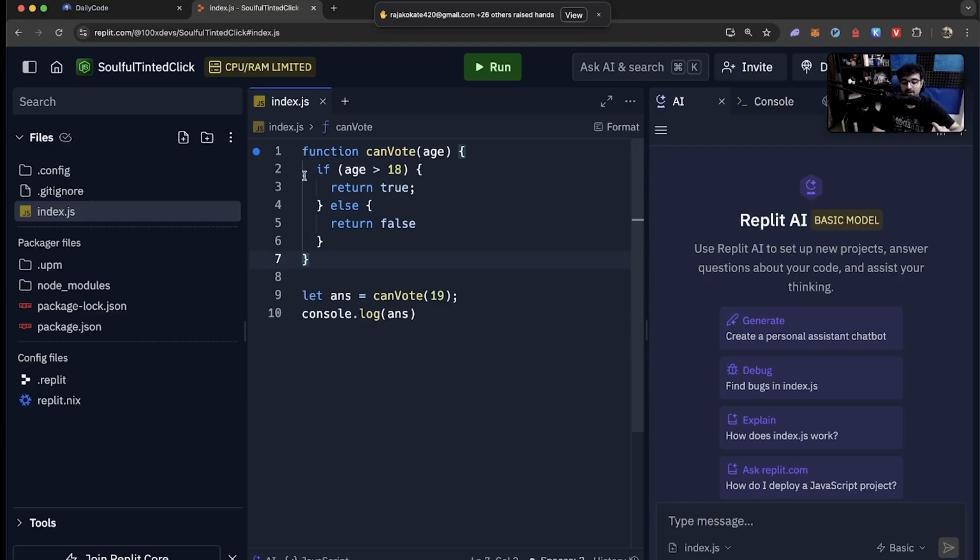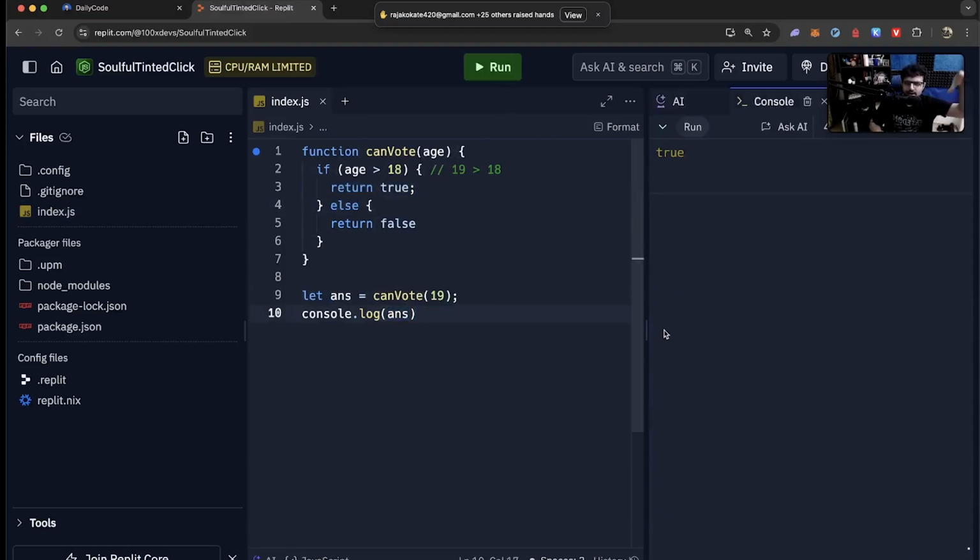It will not run it. It will come over here. Then it will directly come over here. It will not run any of these lines. Here, JavaScript will be like, acha, I should call can vote. So the control will reach here. It will check, is 19 greater than 18? That is indeed true, which means the control will reach this statement and it will return true. This true will get stored in the answer variable and it will get logged over here. Hopefully you understand it structurally.